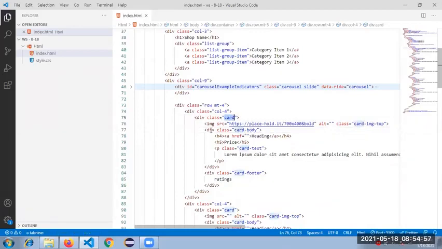So inside the body we have this heading, hyperlink, price, and some text. How does the footer, the star in the footer, have to come? For the star, what do we have to do, sir? You have to search and include it here. So that's what you have to do, more R&D. You need to enrich this web page.